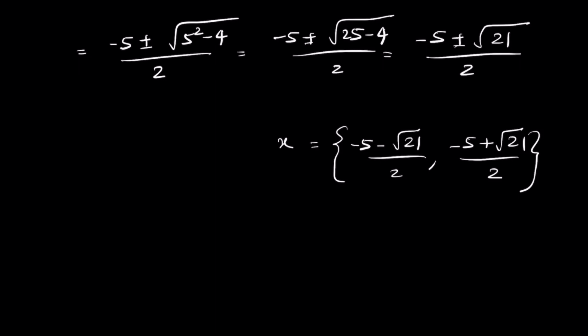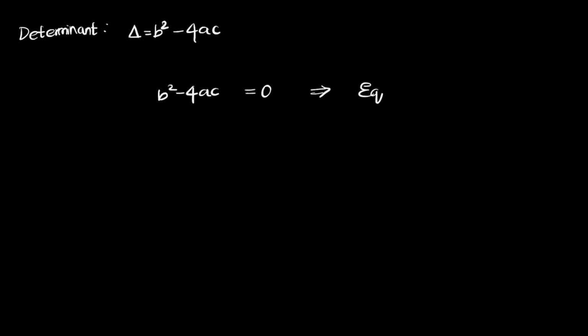So by understanding the quadratic formula, we can also decide on the nature of the roots. Which means, what are the types of roots that you will get in the question. That is decided by a value called the discriminant. So the discriminant is b squared minus 4ac. We also call the value delta. So if this value of b squared minus 4ac is equal to 0, the equation has equal roots, or one root.